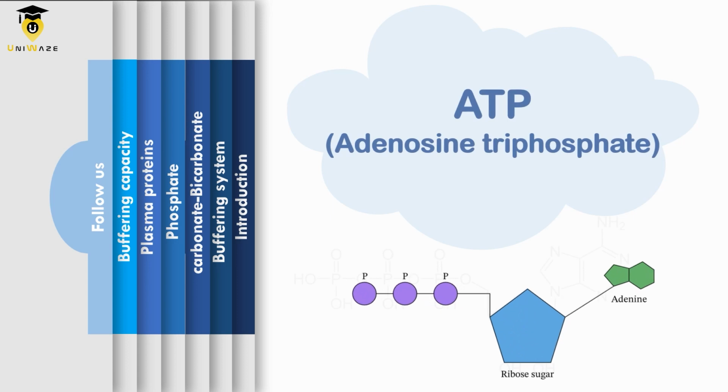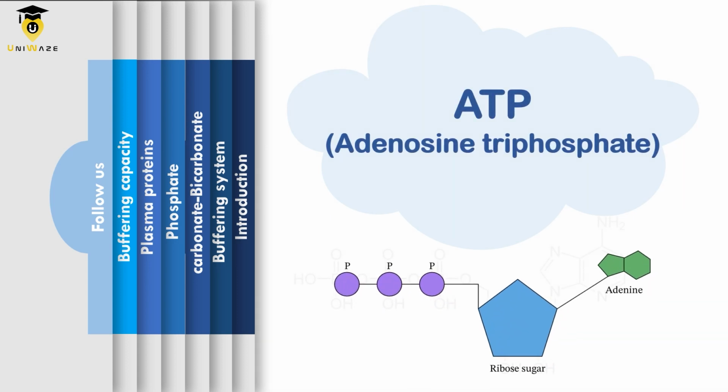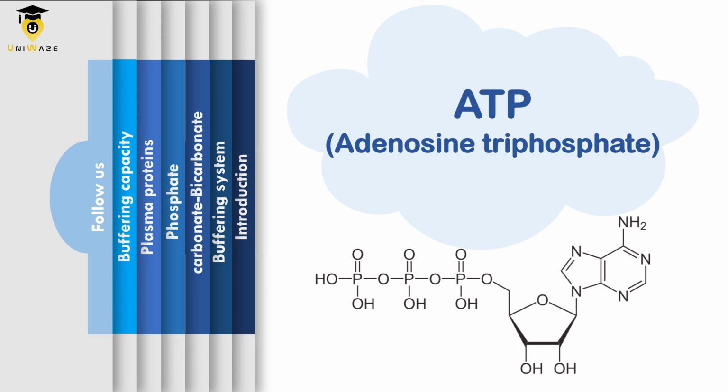First of all, let's take a look at the reason why our body needs this system. We know that the muscles in the body need fuel to work. This fuel is a chemical called adenosine triphosphate or ATP. The body cells only store enough ATP to last about 3 seconds, so systems in the body produce it when it is required. As you see, this molecule consists of 3 phosphate groups, 1 ribose sugar, and 1 nitrogenous base,